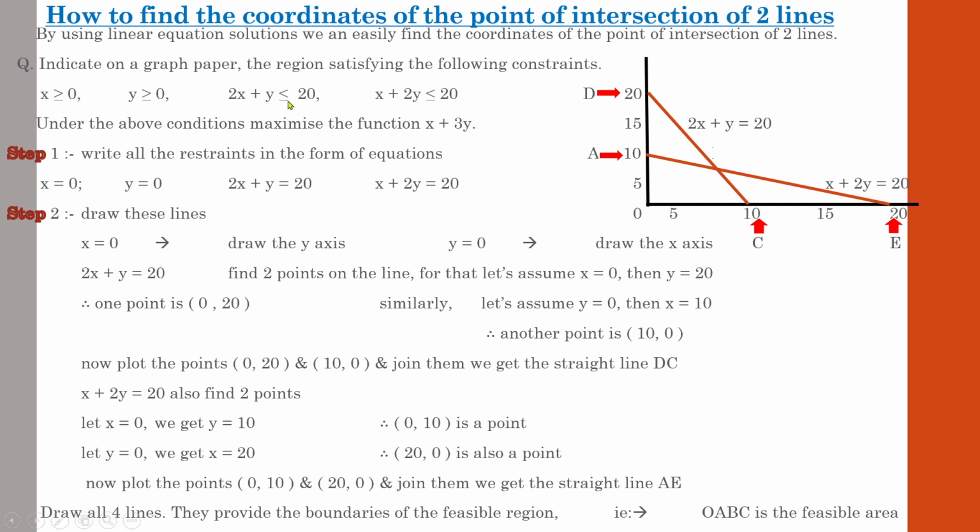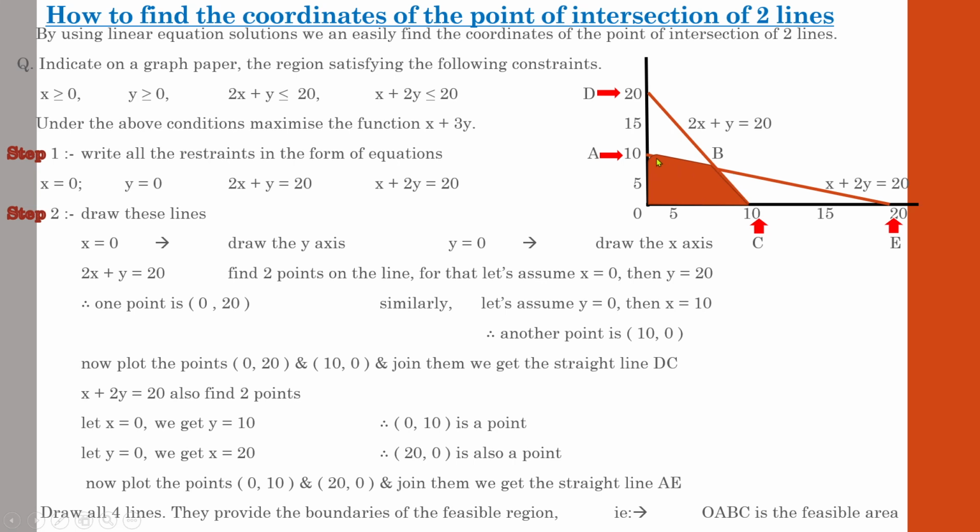Here you can see that the linear equation is supported by a less than or equal to sign. When this sign comes, you have to shade a region below the point. That is why we have taken this area as the feasible region, because the sign is less than or equal to. Here the point B, you have to take the area under point B. So we have taken this area.